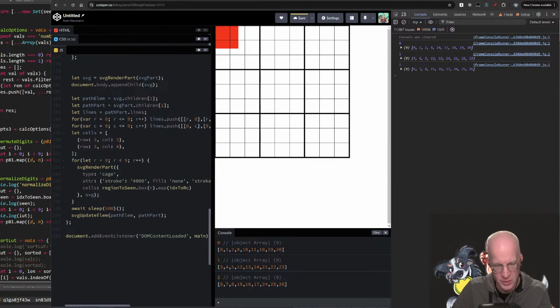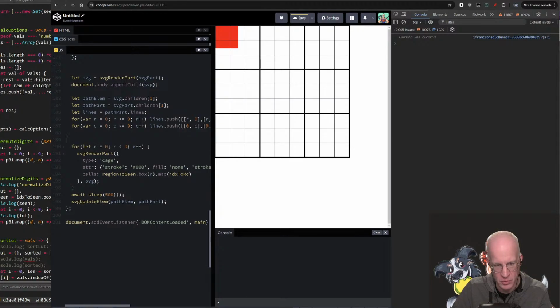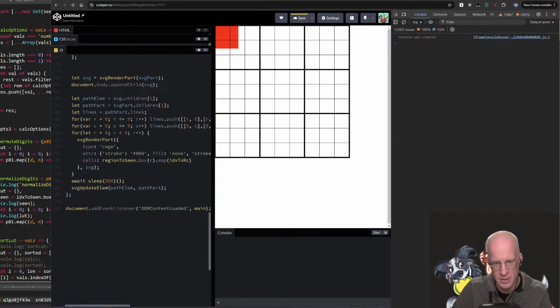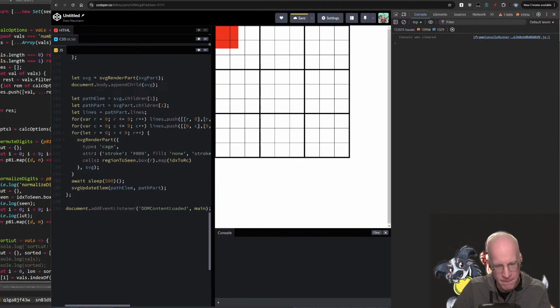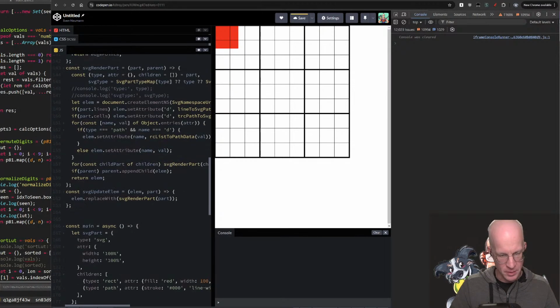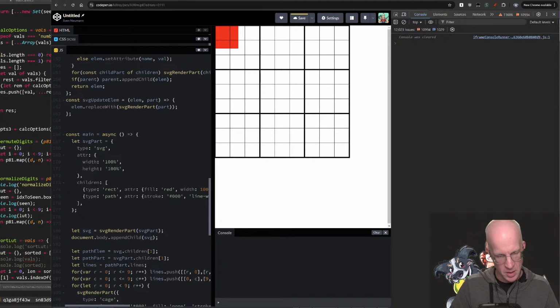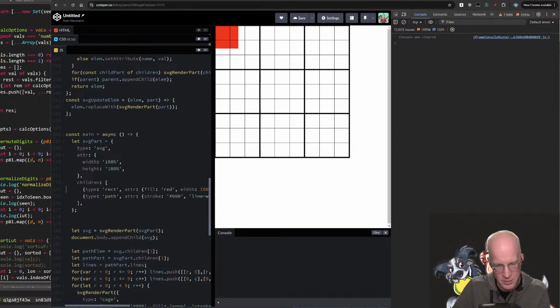Cool. That's the regions. We don't need that at all anymore. Right, that's our grid. Those are regions. Cool. Let's do a little bit something. We'll worry about margins and stuff later. Okay, we can get rid of the red box as well at this point. That was just sort of for